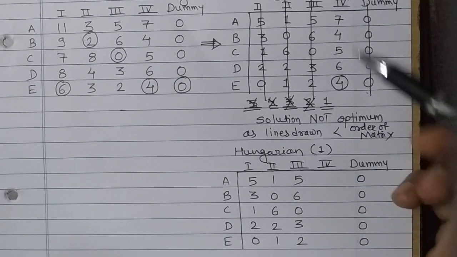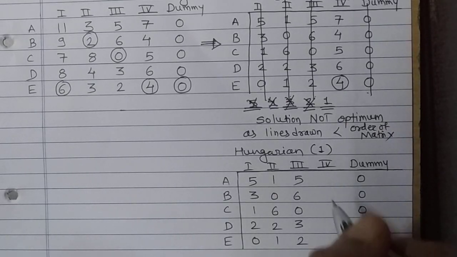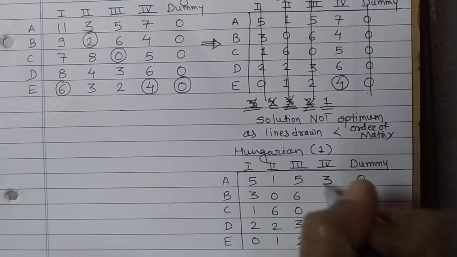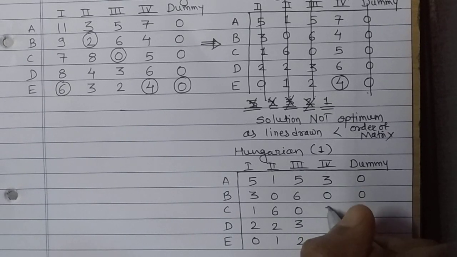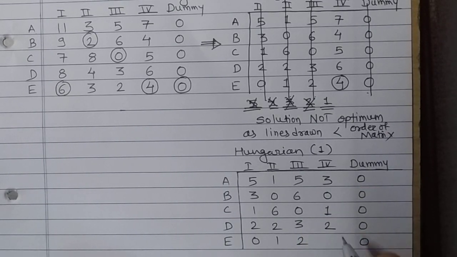Identify the minimum value and subtract that value from each and every element. So 7 minus 4, that is 3, 4 minus 4, 0, 5 minus 4, 1, 6 minus 4, 2 and 4 minus 4, 0. The third set is the intersection. We can easily see that there is no intersection or crossing of lines. So our matrix is completed.